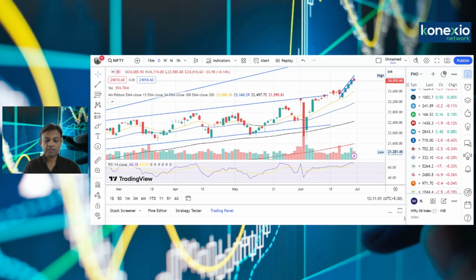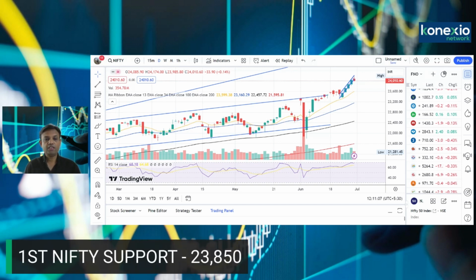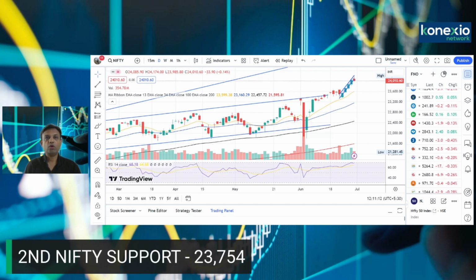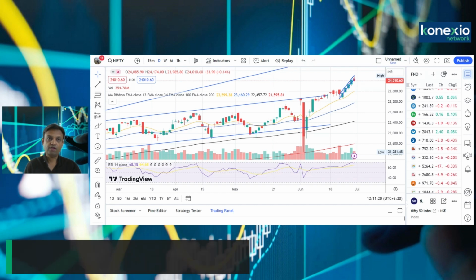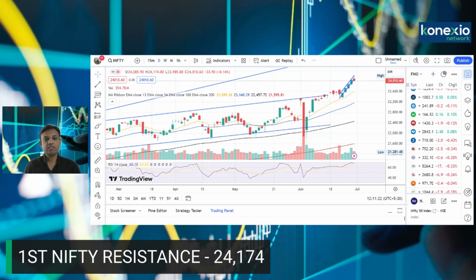So friends, now let us discuss the important support and resistance levels in the Nifty for the next week. The first support in the Nifty is placed around 23,850. The second support is placed around 23,754. The third support is placed around 23,565. Whereas on the upside, the first resistance is placed around